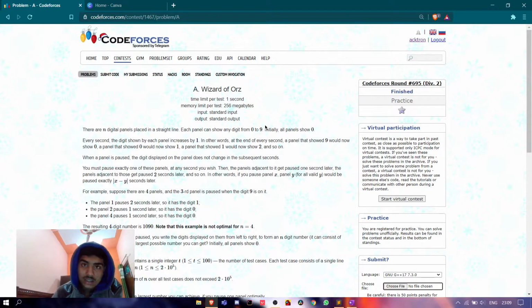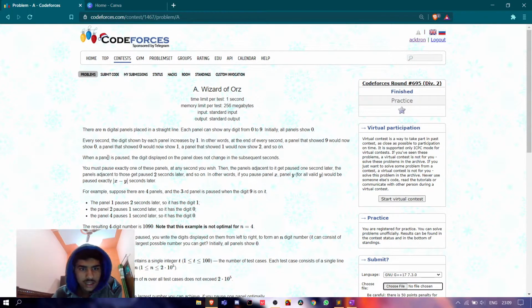And at the 10th second, they will go to 0, because they cannot be 10. So basically after as many seconds they will be taken modulo 10. This much is the first two paragraphs.